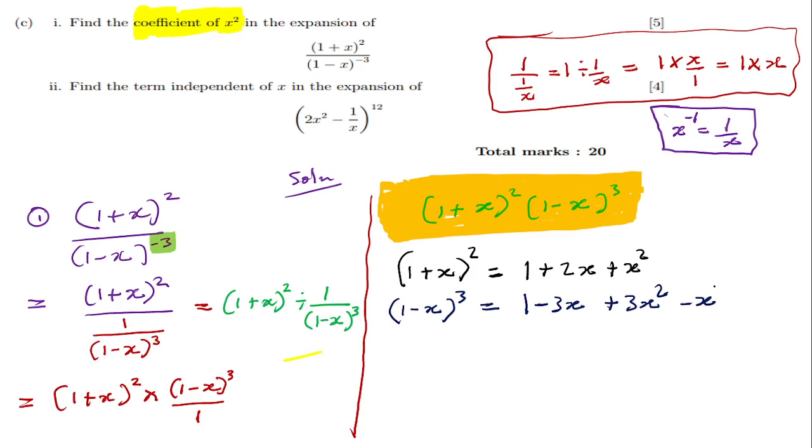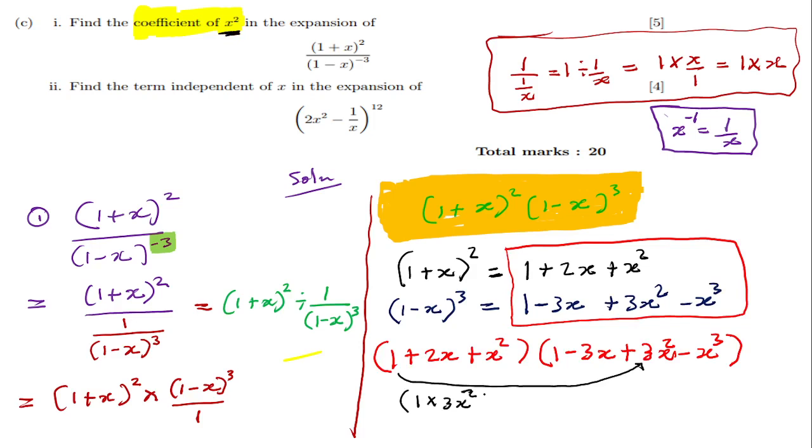But when I multiply 1 by 1, it's going to give me 1. 1 by negative 3, it's going to give me negative 3x, which I don't want, because I don't want negative 3x, I don't want x cubed. So why should I go in that particular order? So what I'm going to do, I'm just going to multiply 1 by that guy there. So I'm going to say 1 times 3x squared. Okay, then close bracket, I'll say plus,